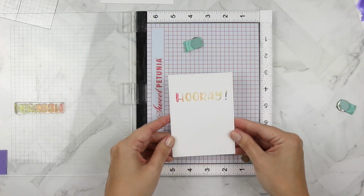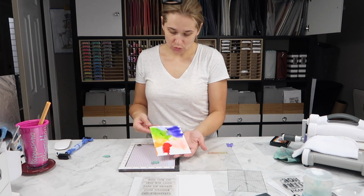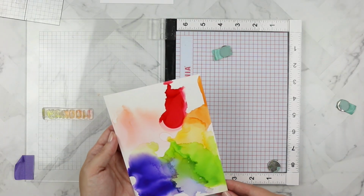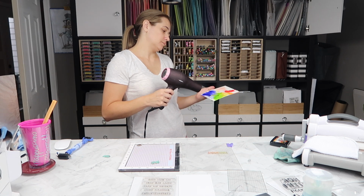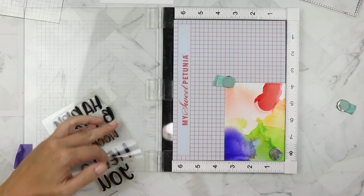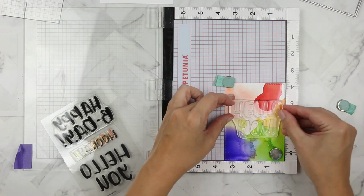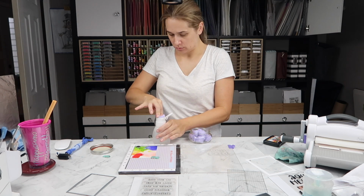I like the way that it looks, so I'm going to set this aside for now. And I'm going to get the other piece that I created first that has had a much longer time to dry, and it's still not dry, so I'm hitting it with the hairdryer once more to try to get it good and dry. So I've loaded the Hello You from the Big Bold Words stamp set,